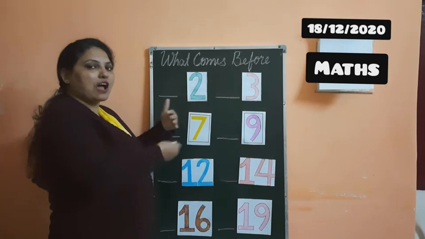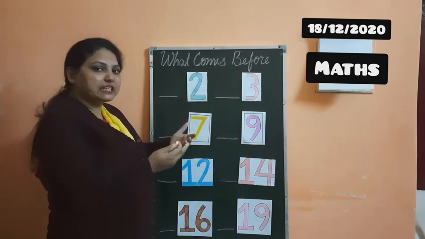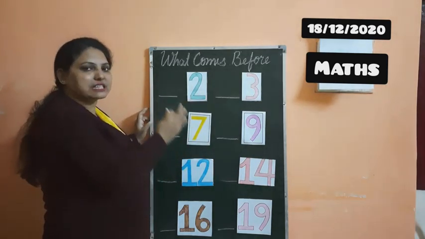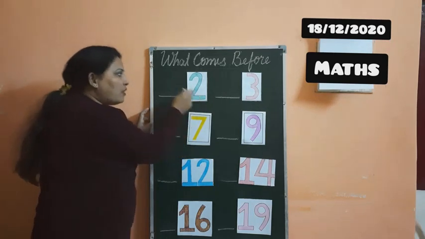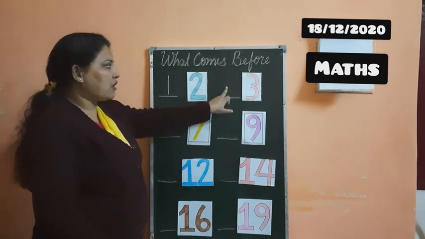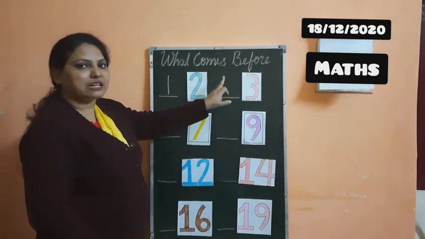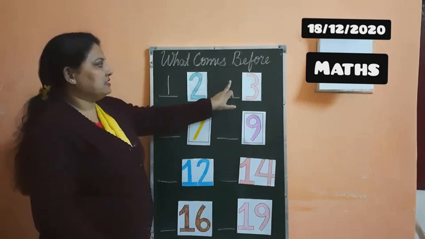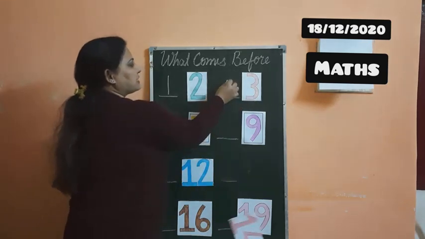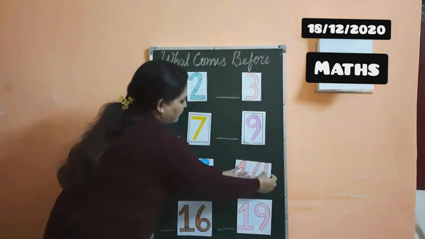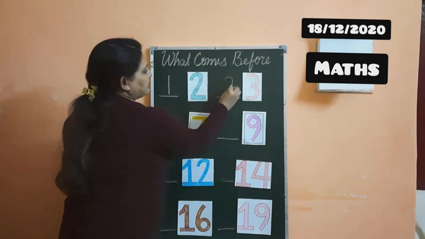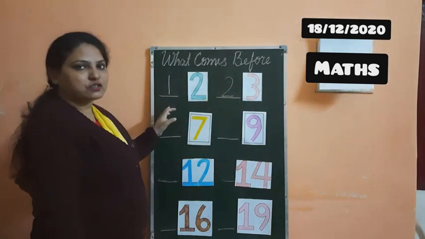Ulti ginti. So you have to count it ulta. Aapko ulti ginti ginni. Then you will come to know the before number. So when we count 10, 9, 8, 7, 6, 5, 4, 3, 2, 1, automatically you will come to know which number will come. Again you have to count 10, 9, 8, 7, 6, 5, 4, 3. Now which number will come here? Number 2 will come. Now understood?